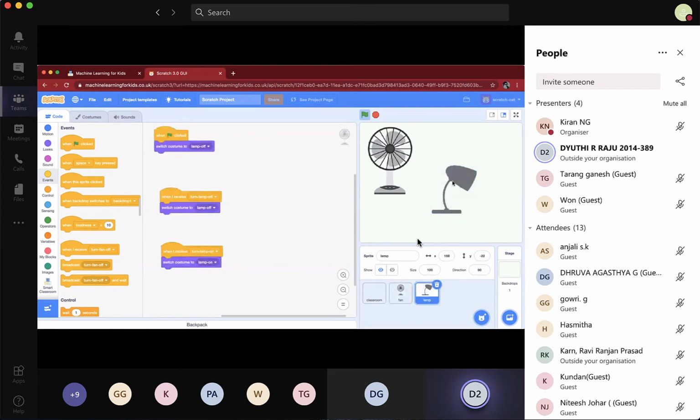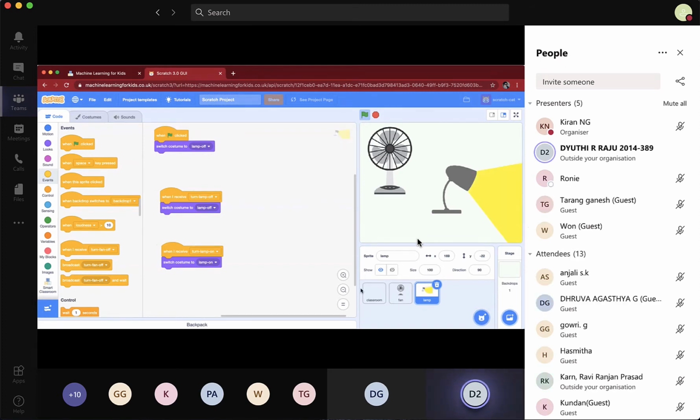And if you want to turn on the lamp, then you have to press when I receive turn lamp on. I'm going to click that. Yeah. So you can see the lamp and the fan are on. And if you click this button, it's going to stop. Ta-da.